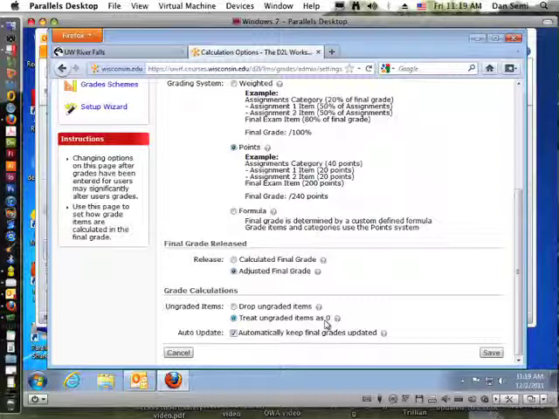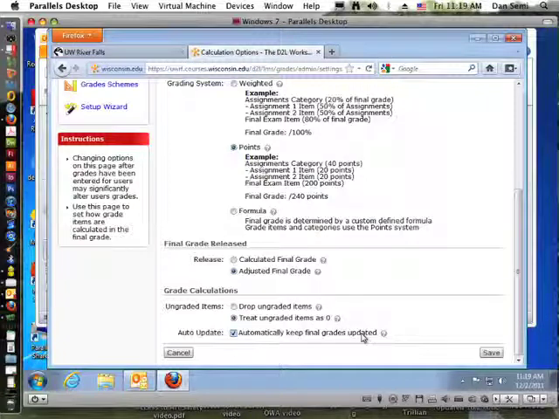in that calculated grade. So many times your students will see that it looks like they're failing after maybe 3 or 4 weeks in the course, and they've gotten a couple of B's and a couple of A's, and they should have maybe an A minus, but it looks like they're failing. So if you want to change that, you could choose drop ungraded items. This won't calculate any items that are not graded yet. So you can differentiate that as you're going through. And then this will keep that final field updated for the students.